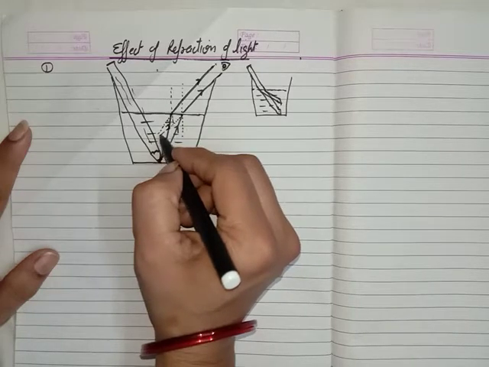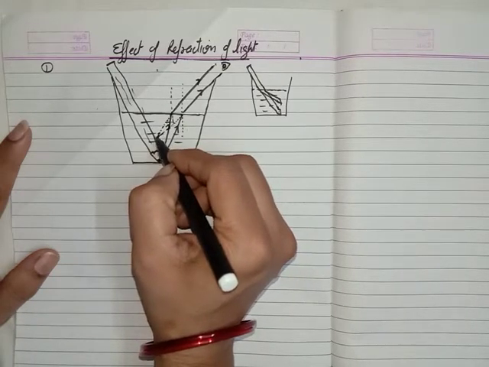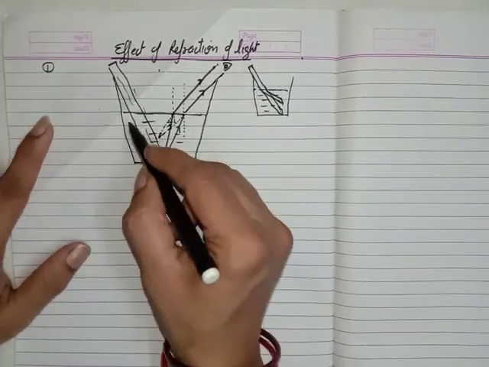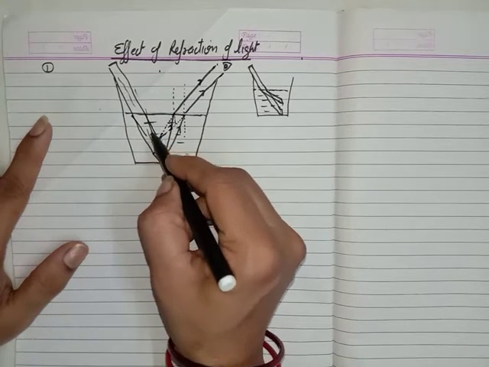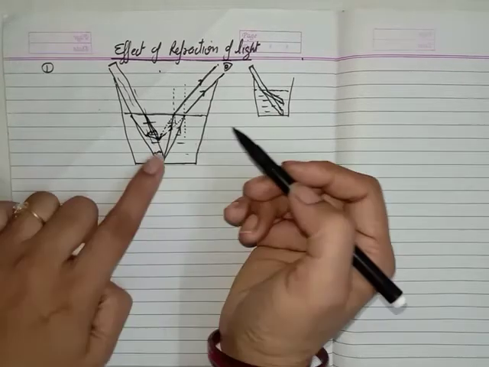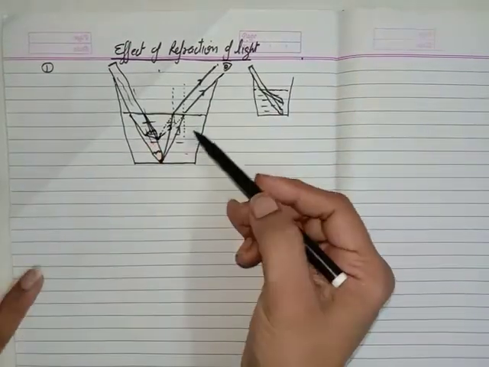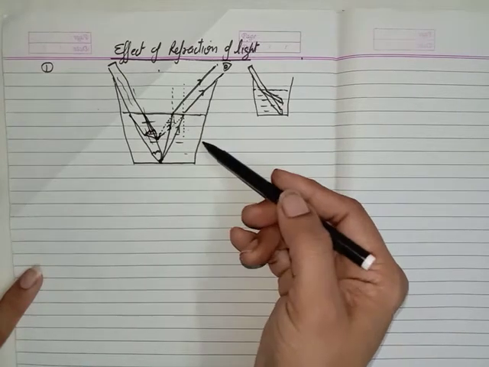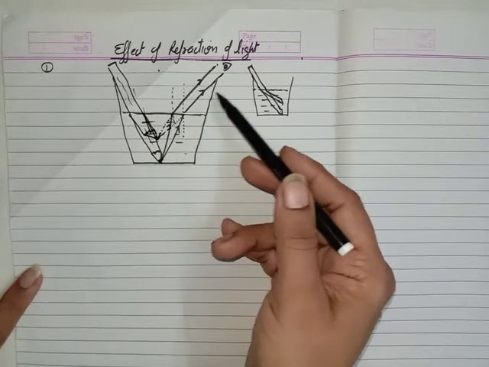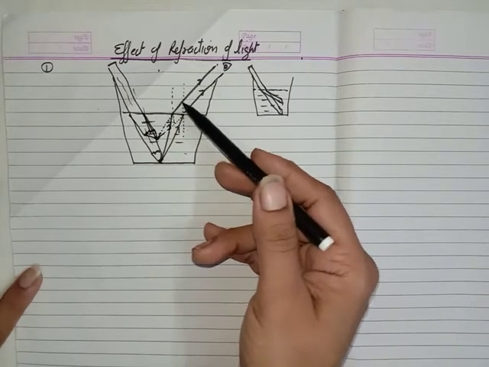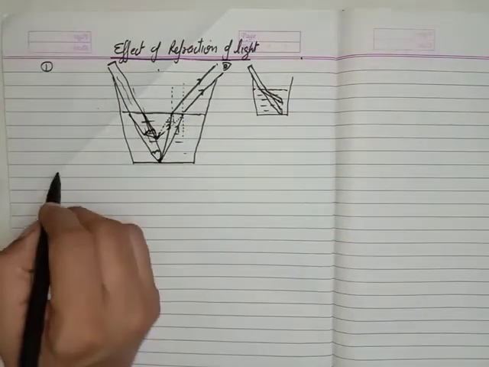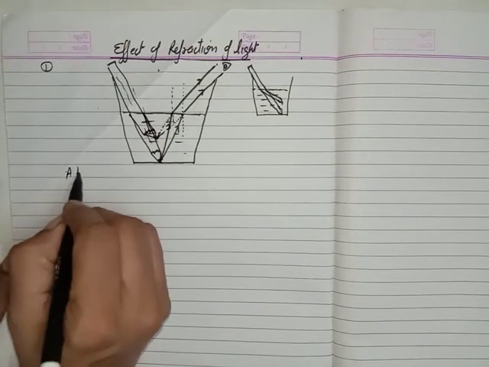Now if we move it backward, then this tip will appear at this point. It means we saw the tip here, and we will see that the pencil is bent. Is it clear to you? Due to this refraction in different media, when the light ray comes from water into the air, it bends, or we can say it moves away from the normal, and due to this refraction we see the pencil appear to be bent. You can write here: a pencil